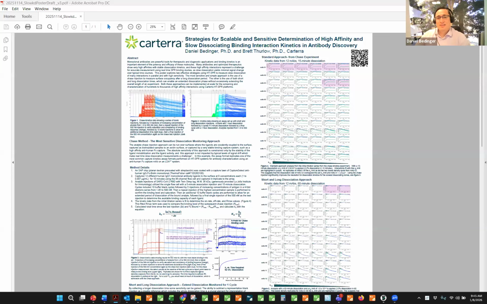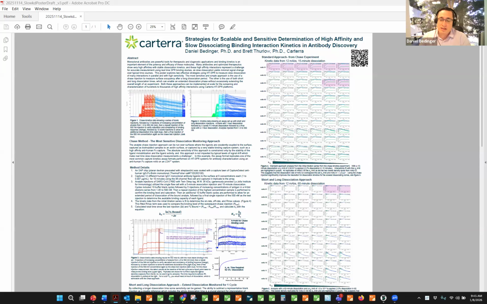Why don't you just open the poster up, and perhaps you can put it into context as to why you put the poster together in the first place, because you actually were one of the co-authors of this poster, weren't you? Yes. So there's a challenge in antibody discovery and biologics, particularly around things like affinity maturation and lead optimization, where